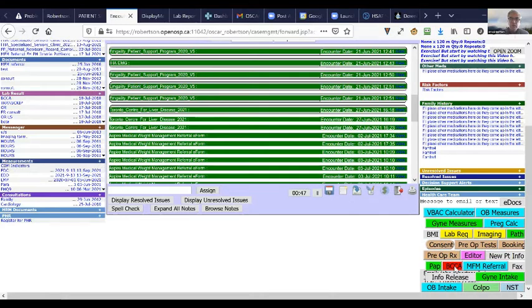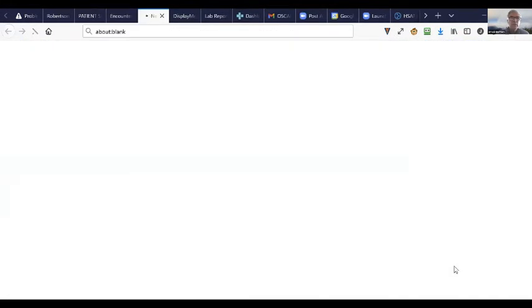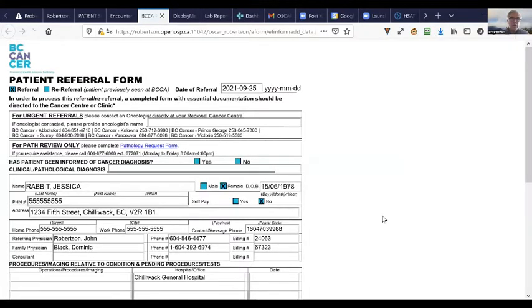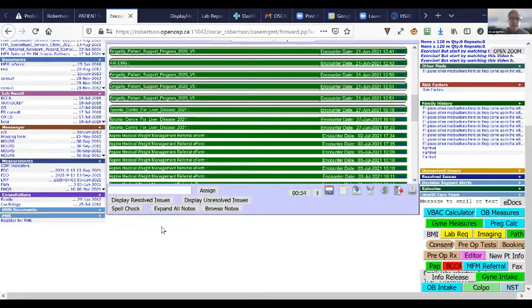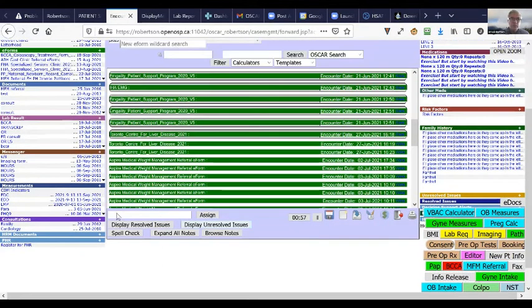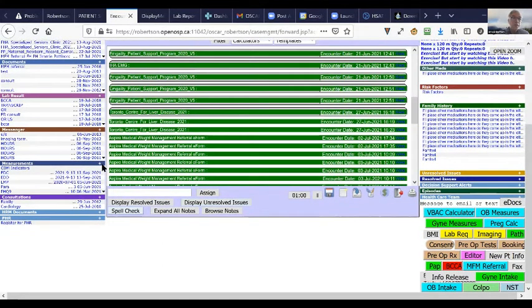I can refer to the BC Cancer Agency right away by just clicking on that and going straight to the e-form that allows me to refer patients directly to the cancer agency. So the amount of time that I save every single day by using Greasemonkey scripts is enormous. The other thing that